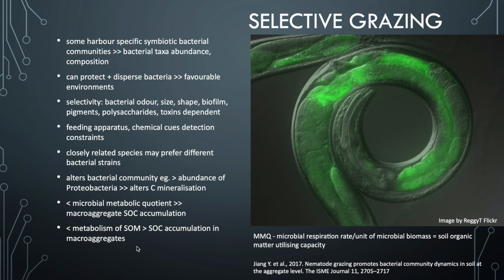So really, this is all showing us just how specific and intricate and also important these different interactions are between bacterial grazers and their prey, and how selective grazing affects the soil ecosystem and in fact affects soil carbon accumulation and therefore climate. It is quite intricate and quite magnificent in terms of the design of the system and its multifaceted effects on the entire soil ecosystem. And note the beautiful image by Reggie T of a nematode here.